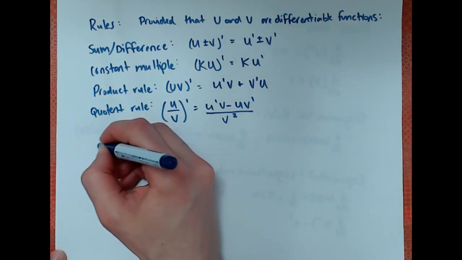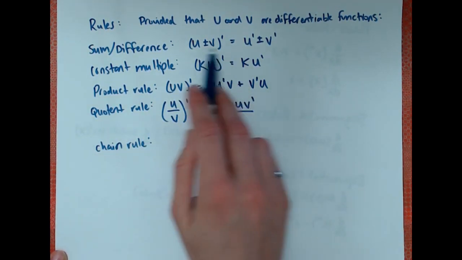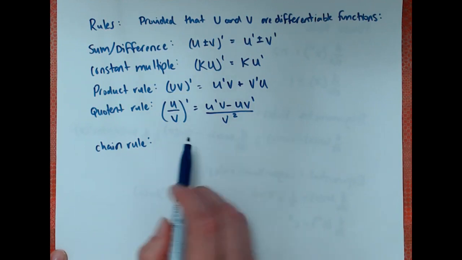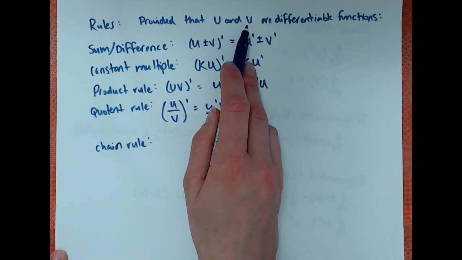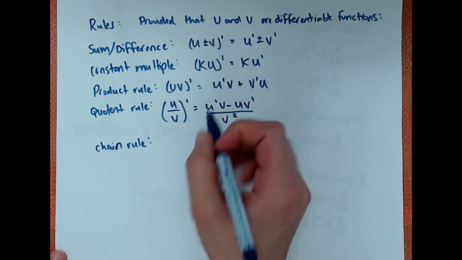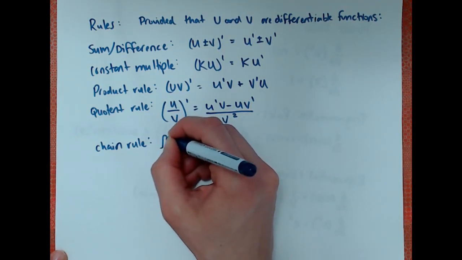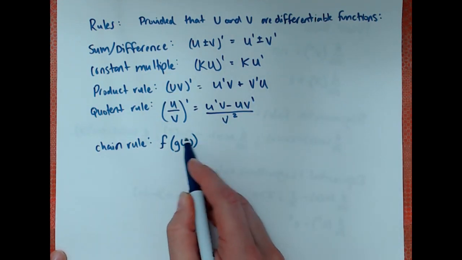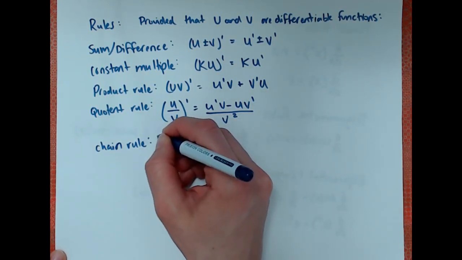And the other one is the chain rule. This one's a little bit different than these ones here, because in this case you can separate the two functions very easily. U and v are completely separate functions. But sometimes you'll have an equation where you can't separate them nicely into two pieces. I'll write the formal notation first, and then I'll give you an example. So in this case, you have a function that is a function of another function. So here we have one function inside the other function. If we want the derivative of this whole thing,